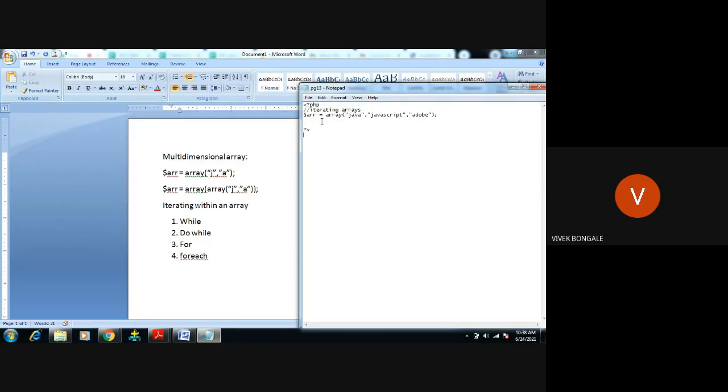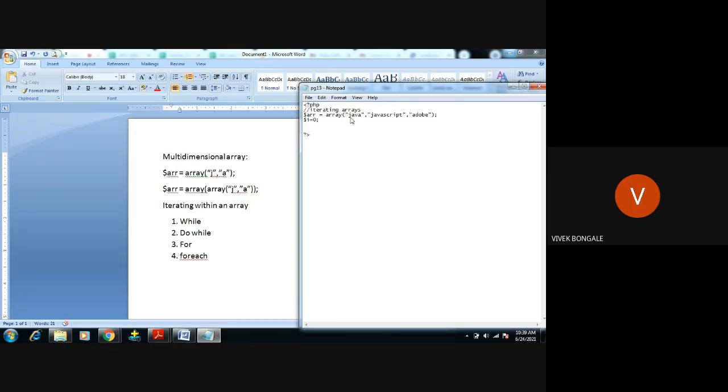Okay, to display all this value, we have to use some conditional statements. Some iteration has to be done with this array value. How to do the iteration? First, we are going to do the iteration with the help of while loop, right? While loop, first initialization I equal to 0, right? It takes the index value, 0th value, right?